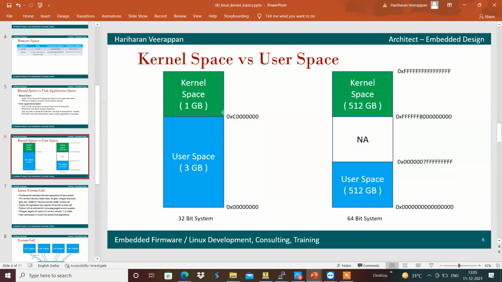Okay, so it doesn't depend on the size of the kernel. Suppose in my kernel space I'm not using most of it, like it is only some 100 MB or some 400, 500 MB. Then also the same partition is used.